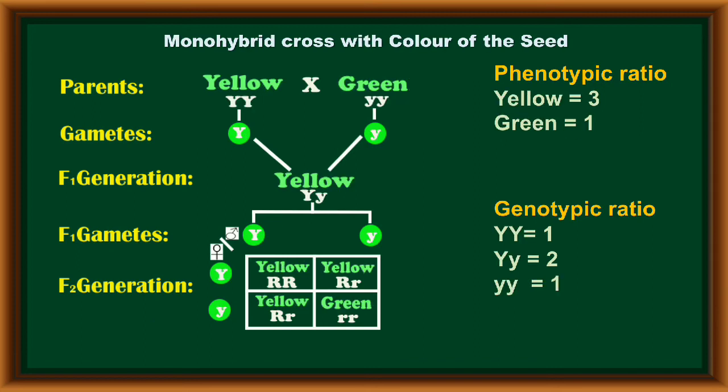In a similar way, separately by taking yellow and green color seeded plants, he conducted a monohybrid cross. In this cross also, the F1 progeny or F1 hybrid has only the dominant parental character. By selfing these F1 hybrids, in F2 generation along with the dominant character, the recessive character also expressed. In this cross also, the phenotypic ratio of yellow to green is 3:1 and the genotypic ratio is equal to 1:2:1.